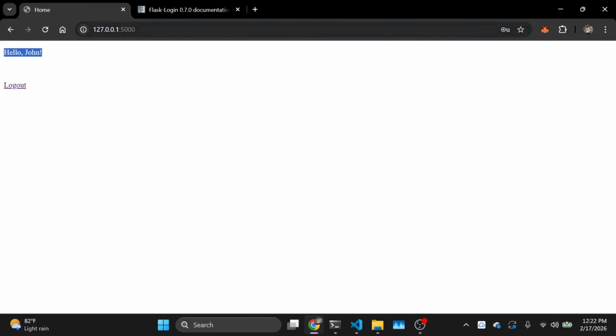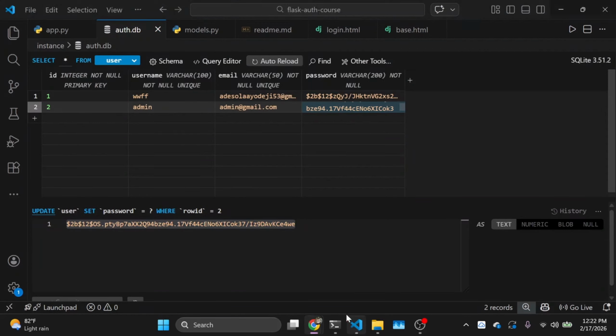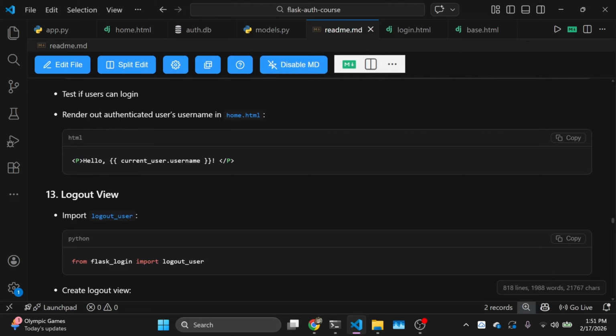We've been redirected to the home page. And I can copy that URL and visit it. And you can see that we're able to visit the home page because we have successfully been logged into our application by Flask login. If I head back to the README file, the next step now is that we need